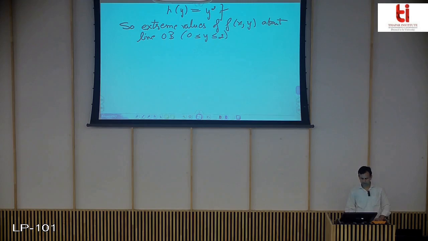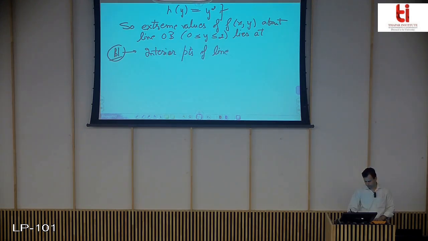The extreme values of f(x, y) about line OB lie first at interior points of line OB, or the interval 0 to 2, where